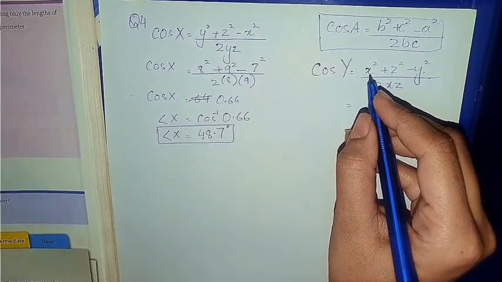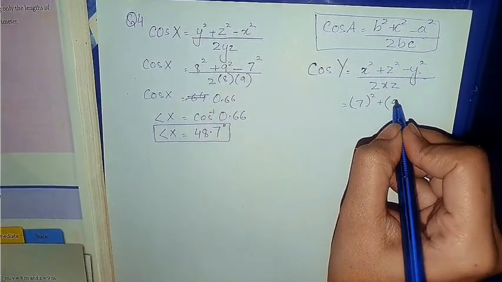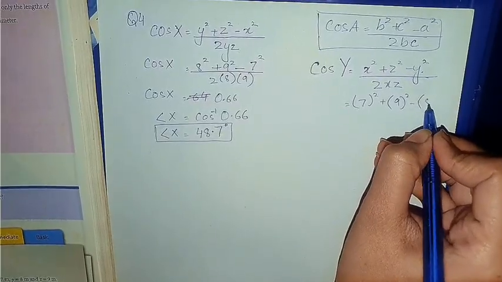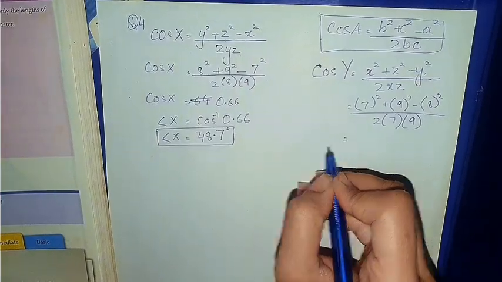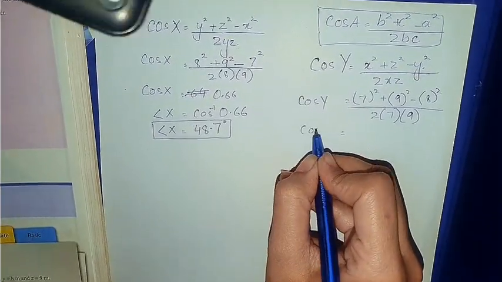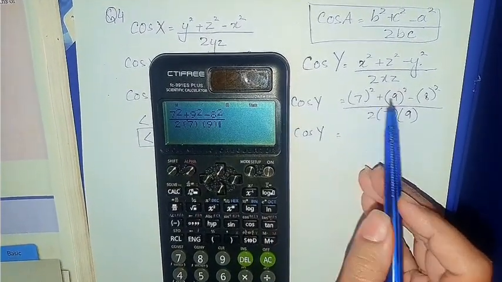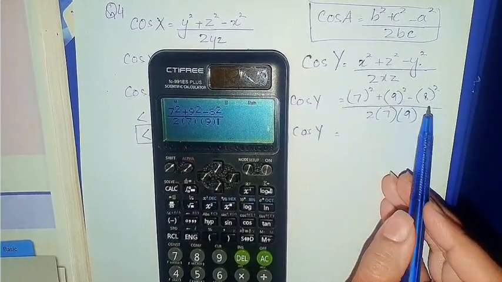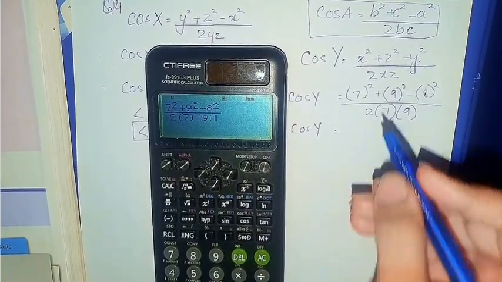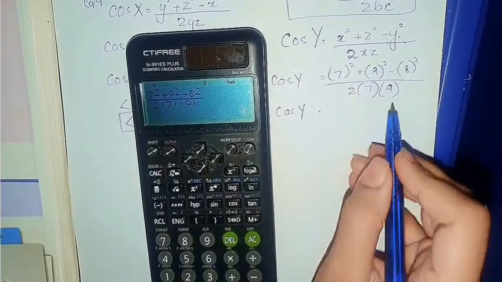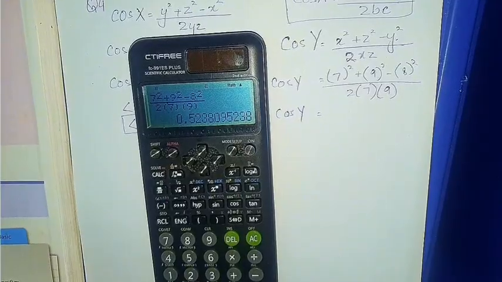Now what is the value of X? X value is 7. 7 square plus, what is the value of Z? This is 9 square, and what is the value of Y? It is 8 square upon 2, 7 and 9. Now simply use your calculator and solve it. See over here, 7 square, 7 is the value of X, and 9 square, 9 is the value of Z, minus 8 square, 8 is Y, and then again 2XZ. So put the values, use the calculator, and then we'll get the answer. This is 0.52,